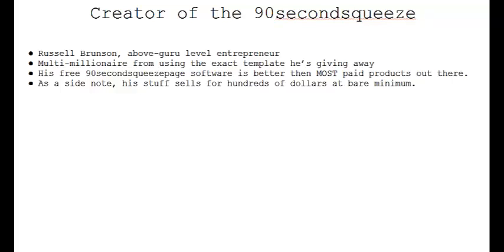And as a side note, his stuff sells for like hundreds of dollars at bare minimum. All right, actually, just do a Google search for Russell Brunson, and this guy's made multiple multi-million-dollar companies doing things like internet marketing and entrepreneurship and things of that sort. This guy sells high ticket products, so he can just very easily give away something like this for free. Whereas